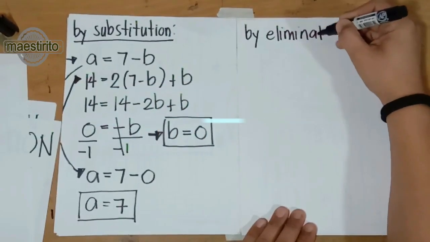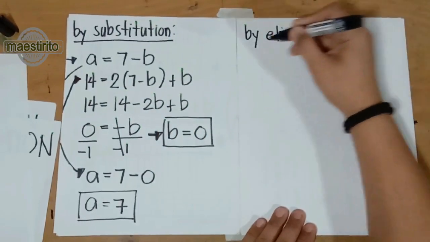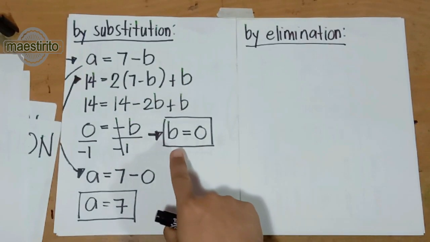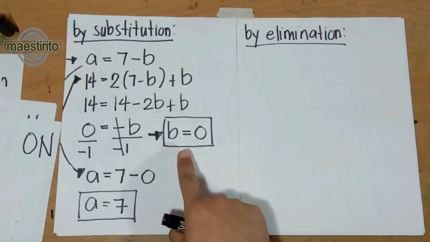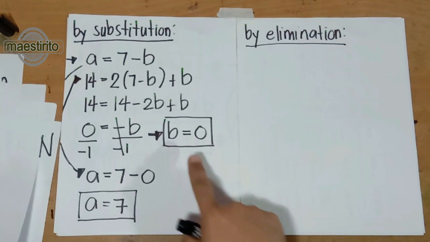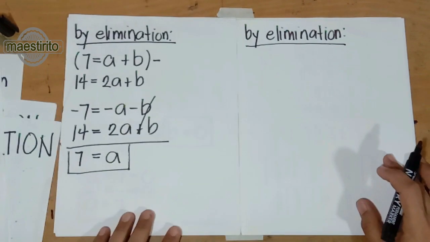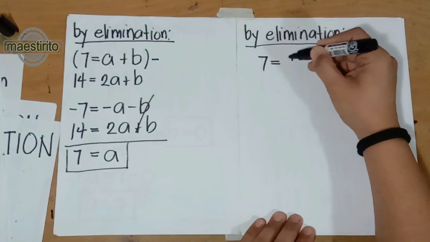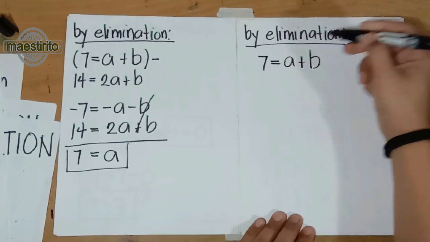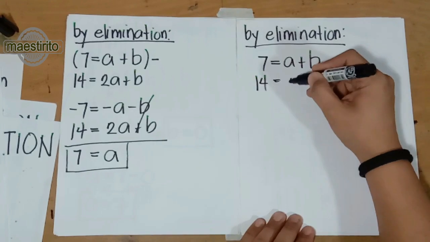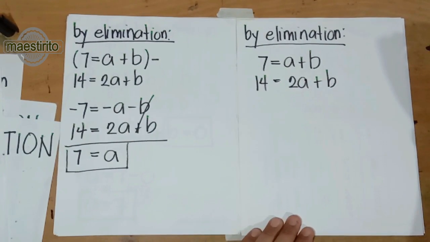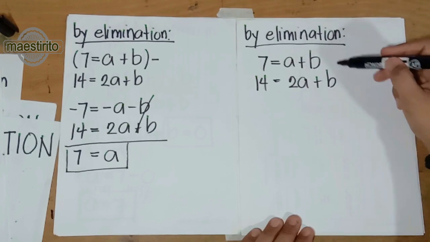Elimination. By this time, we're going to solve for b, and we should also be having 0 as our b. So let me have these two equations again: 14 and 2a plus b. Now by this time, we are going to eliminate a because it is b that we are